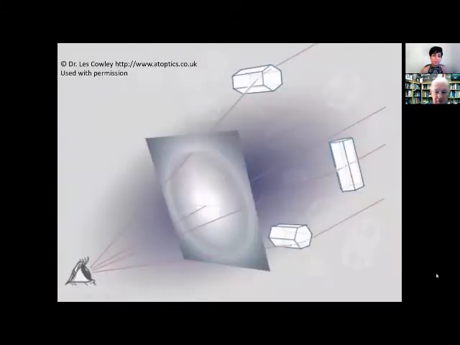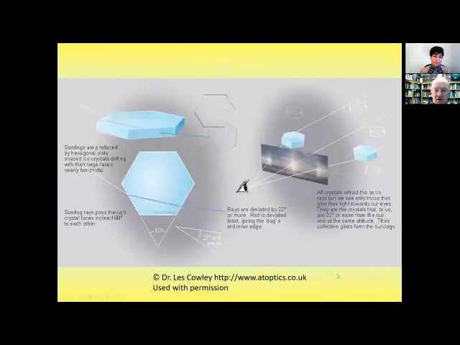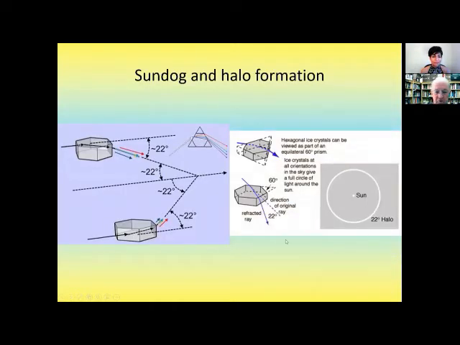What's going on is that there are myriads of randomly tumbling ice crystals, essentially nearly regular hexagons in cross section. Light from the sun comes in at side 1 and exits at side 3. So you can do a similar calculation to that of the rainbow and find that there's actually a minimum deviation of 22 degrees as the light comes through side 1 and exits side 3. That's a minimum, so there are other aspects to it. You get sort of tails to these things. But when they're randomly tumbling, you get these circular arcs.